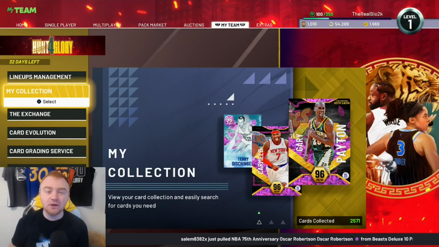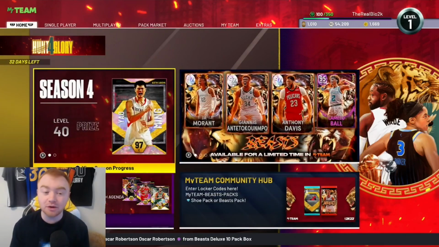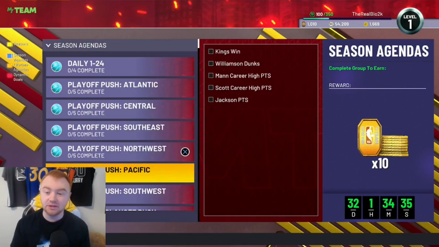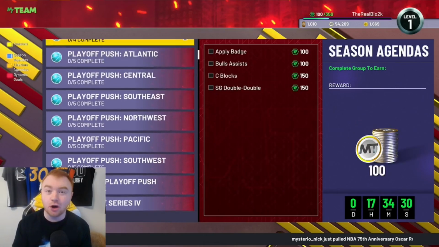Now let's get into this video and talk about really the best methods for you guys to make tokens here in MyTeam. So first thing I'm going to talk about is going to be in the agenda screen here. When you guys look at the new season agendas that we just got, that was obviously for the Galaxy Opal Tatum, what people don't realize is that you can actually still get 60 tokens for free just by